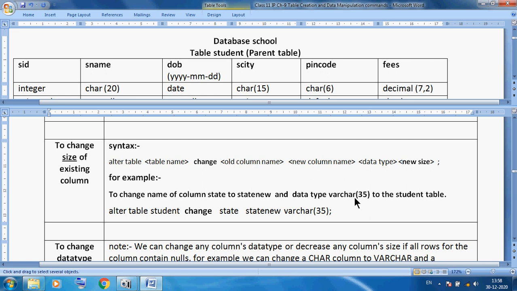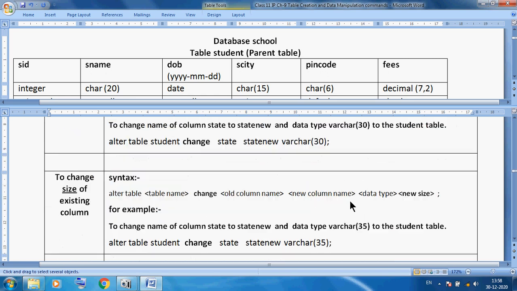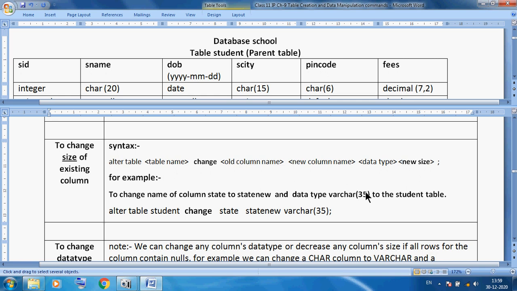For the data type here I am choosing 35, last time 30, because I want to increase 5 characters more for each and every student. So alter table student, change, state is our old column name, the new column name is state new, and here I am changing to varchar 35.